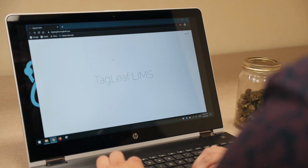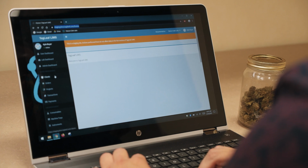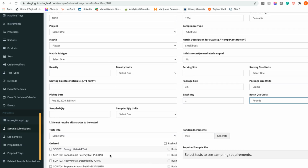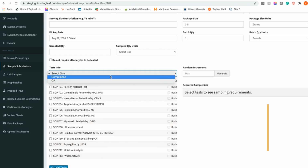First thing we're going to do is log in the sample and undergo accessioning. All of the pertinent information about the sample is captured within the sample field log and chain of custody forms. And then we select which analyses are going to be performed on this particular sample. In this case, we're going to be covering California compliance testing, which includes